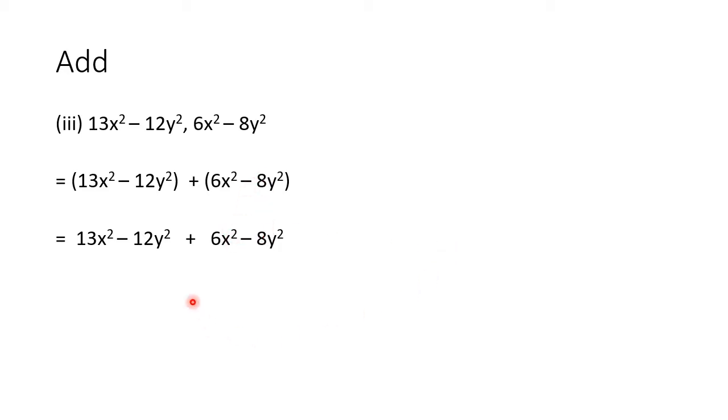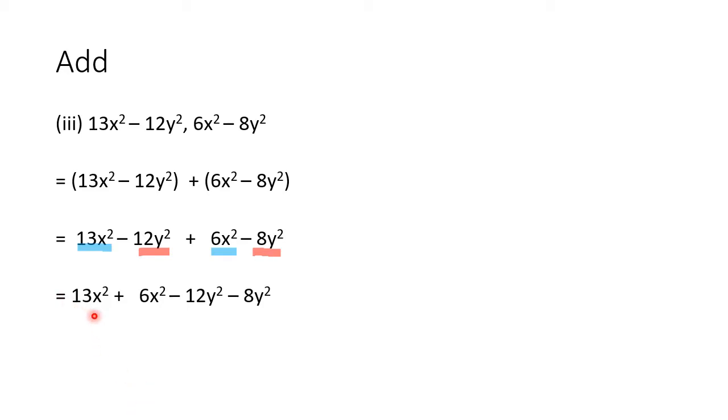Then we search for the like terms. So as we search for the like terms, where do we get them? This is 13x square, and y square won't be there, and 6x square. Similarly, we have 12y square and 8y square. So we are going to arrange them together. So I write 13 with 6 and I write down 12y square with 8y square, and now I try to